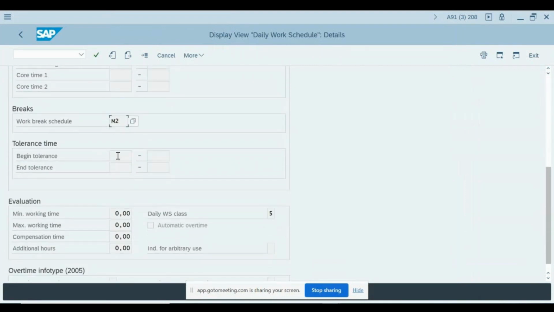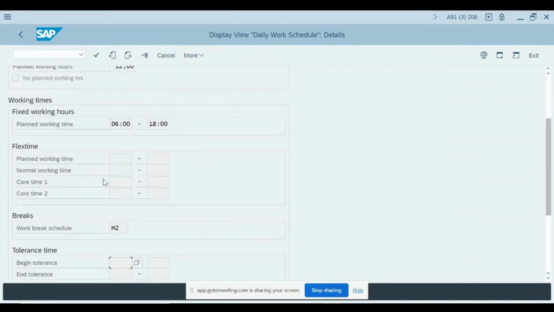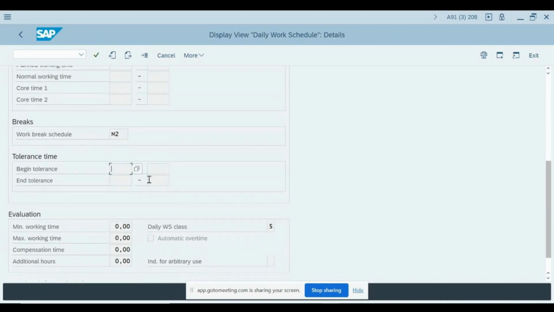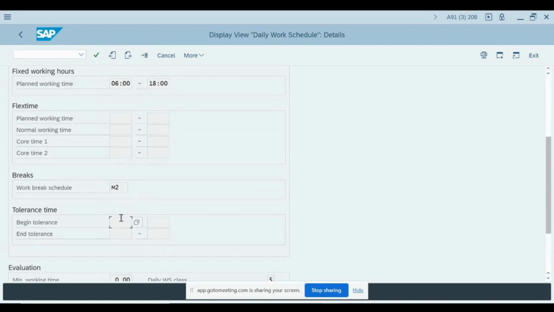Tolerance is given. Tolerance means begin or end, that's it, nothing else. Why do we use this tolerance in the system? Forced tolerance means strictly strict timings. See, if planned timings are 6 to 18, what you have given here, fixed timings, you are forcing the employee to start his work or his day by this time. If you miss this time, SAP will think that for that time, if swiping is not available, then SAP has full access to deduct your leaves